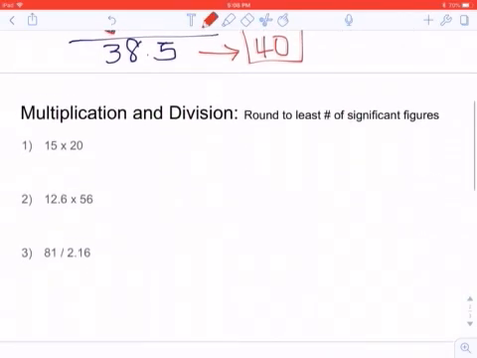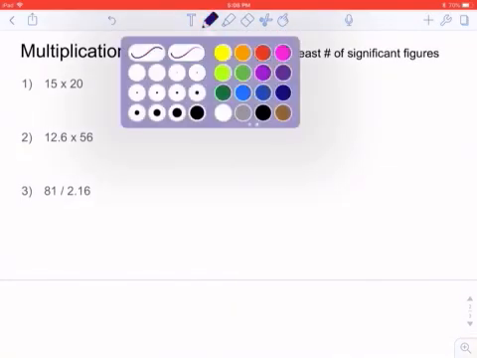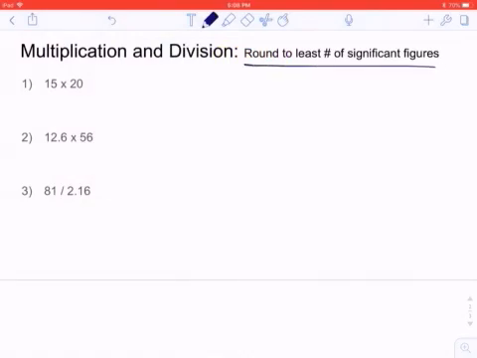The rules for multiplication and division are a little bit different. In this case, we're going to round to the least number of significant figures. So I'm just going to plug in 15 times 20 into my calculator. That will give me 300. So this one actually ends up being kind of easy because 15 has 2 significant figures, 20 has 1